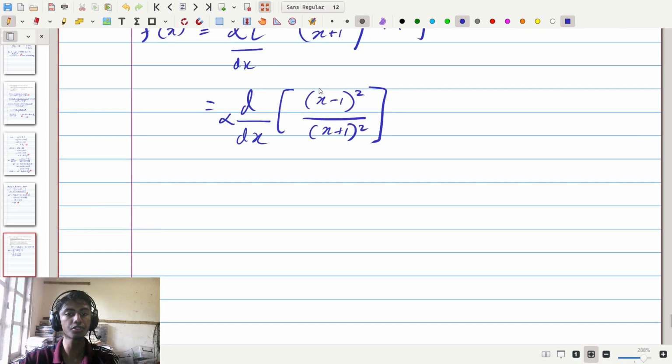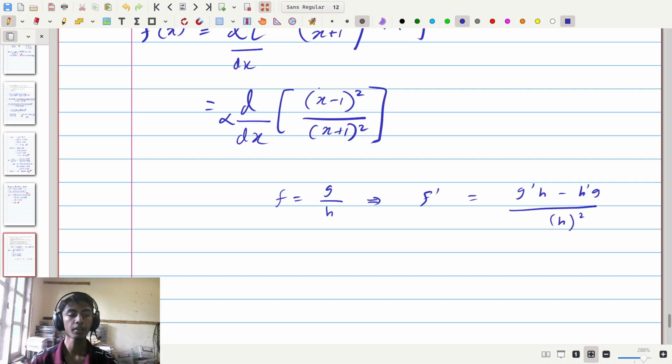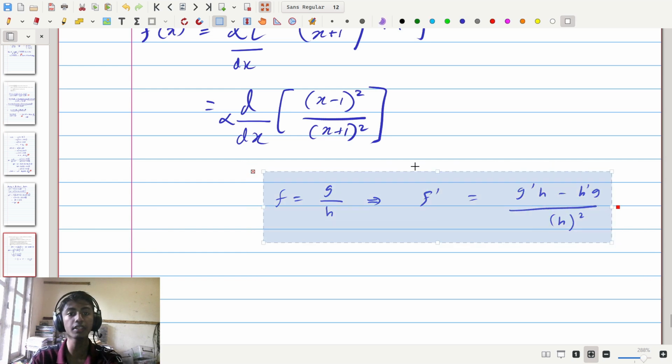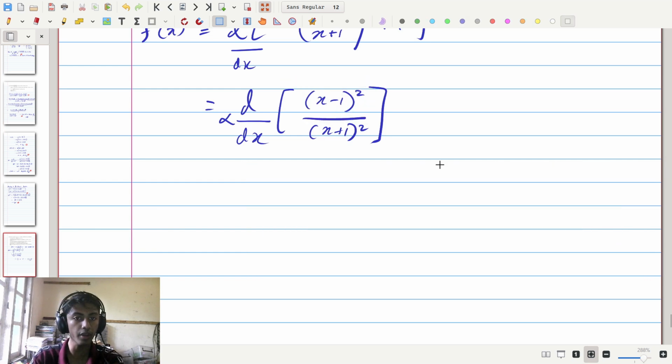The quotient rule states that if you have function f which is equal to g divided by h, then the derivative f prime is equal to (g prime h minus h prime g) divided by h squared. So if we apply this here and take g(x) being equal to (x minus 1) squared and h(x) being equal to (x plus 1) squared,